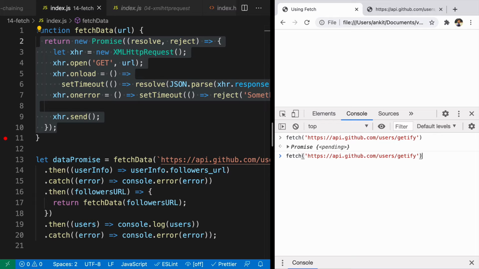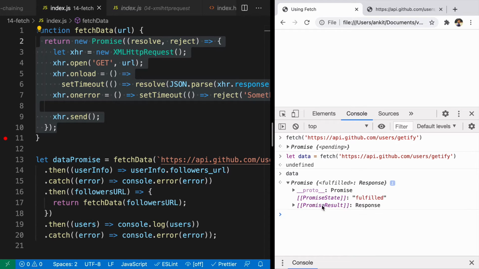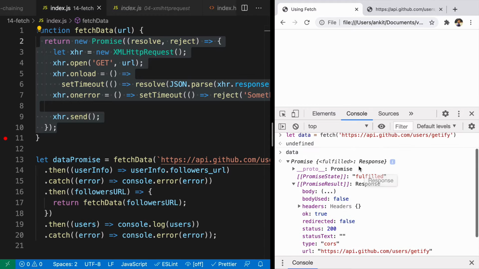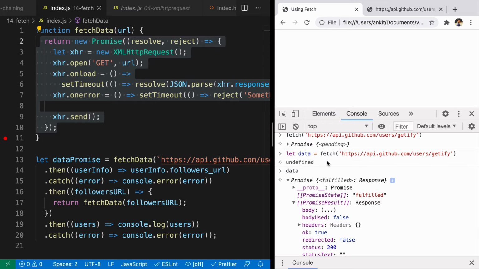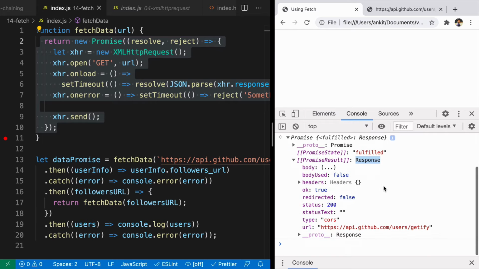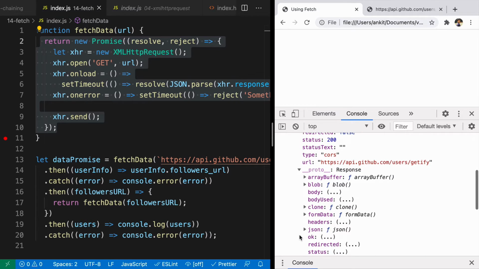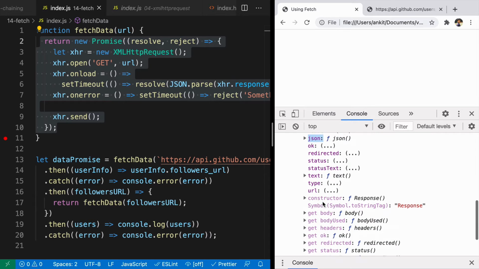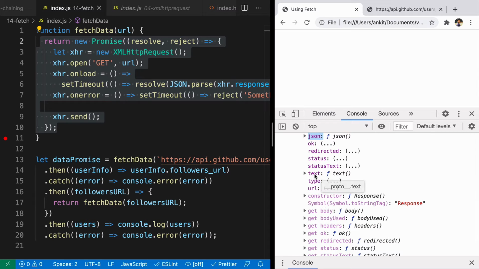What if I want to store them? I can just store them into a variable, data. And when you look at the data variable here, you will see that it has a value that is a type of response. You must be thinking, what is type of response? Whenever you're using fetch to get data, it returns a response kind of object. That is a special object that has methods using which you can convert the data that you're getting into JSON, or you can convert it into text.